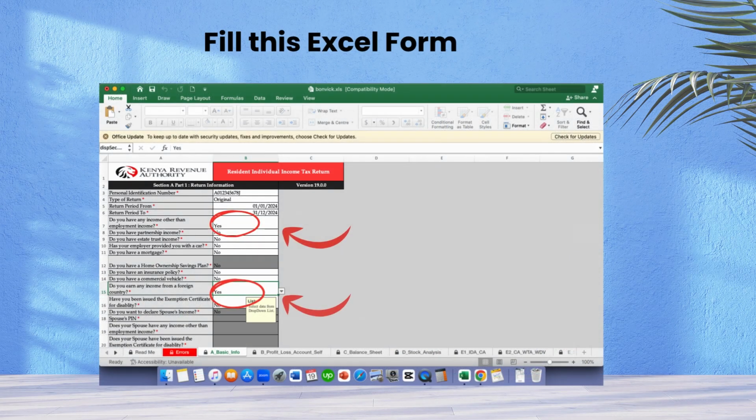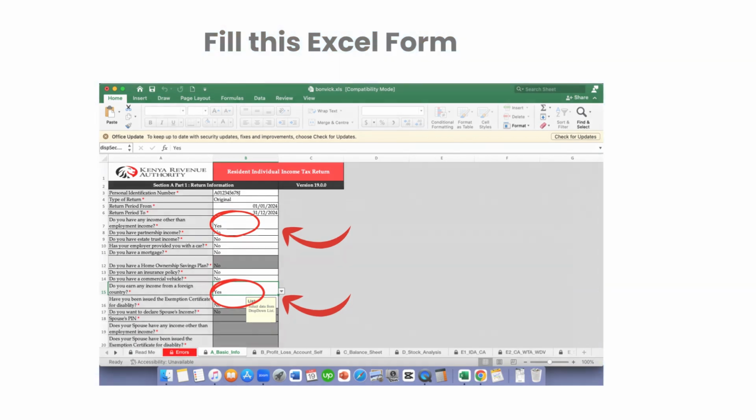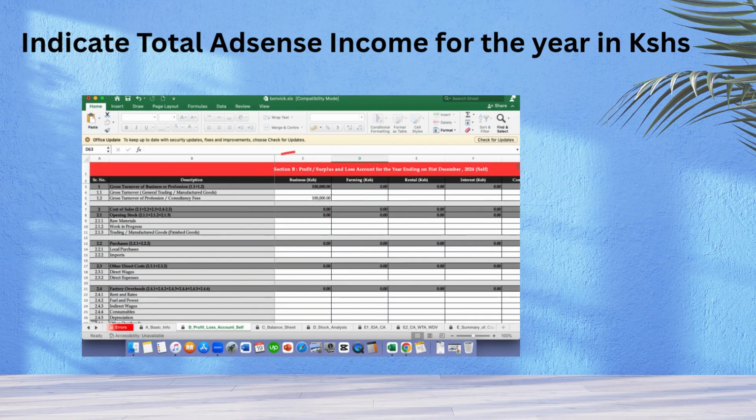Once you open your Excel sheet, enter your KRA PIN number here. Then tax type, you choose original. The tax period, it's definitely 1st to 31st of December 2024. And then, do you have any other income except employment income? You select yes. Do you earn any income from a foreign country? Choose yes. So once you are in your individual return, go direct to the business income section, then proceed to